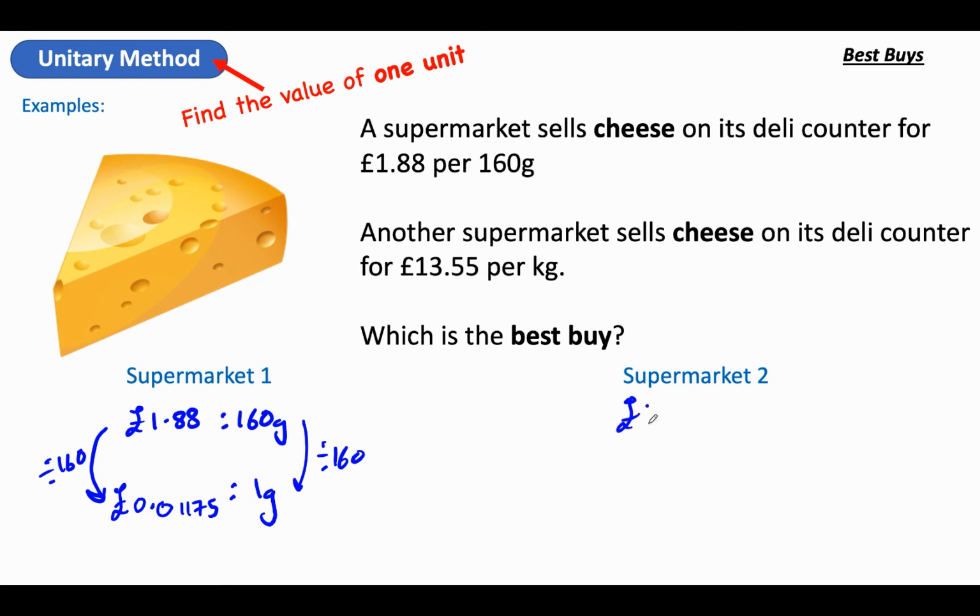Now, supermarket 2 has £13.55 per, well, it's per kilo. Now, I can't write 1 here because I need something that's equivalent. So I'm going to change my kilos into grams. There are 1,000 grams in a kilogram. So for my £13.55, I get 1,000 grams of yucky cheese. So if I want to know how much it is per gram, so for 1 gram, I need to divide it by 1,000. So 13.55 divided by 1,000, it gets basically 3 places smaller, which is, in pounds, because I started in pounds,